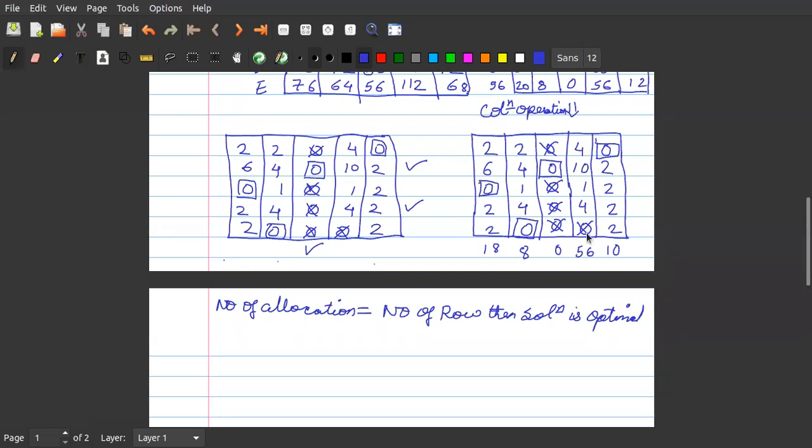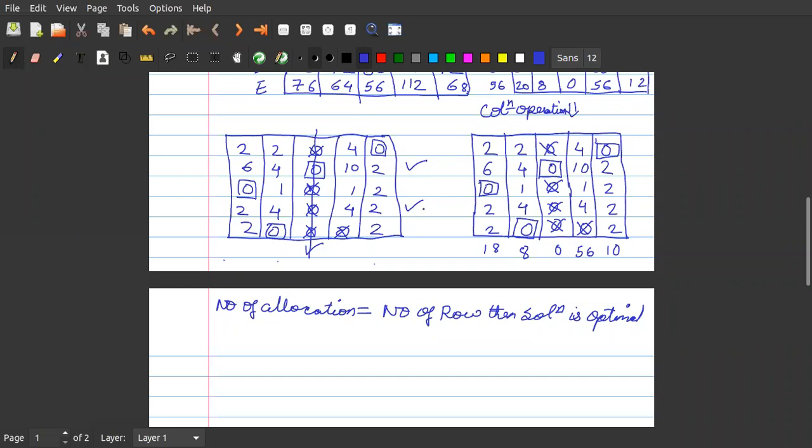Okay. Then what we will do is, we will mark the ticked column with a straight line. So this is the ticked column, so I'm marking a straight line. And the unticked row.